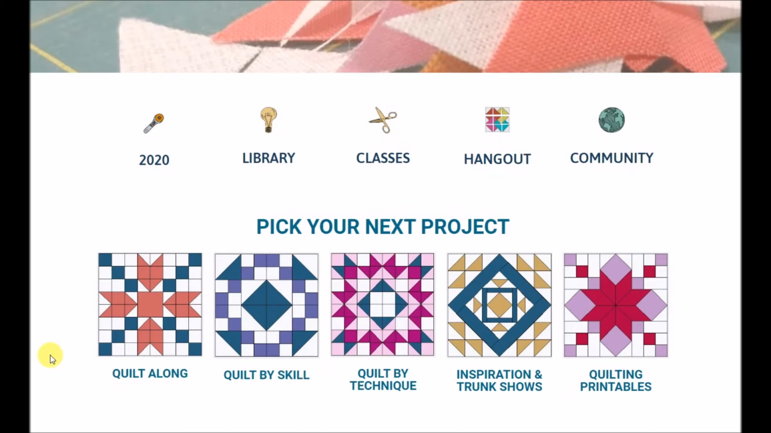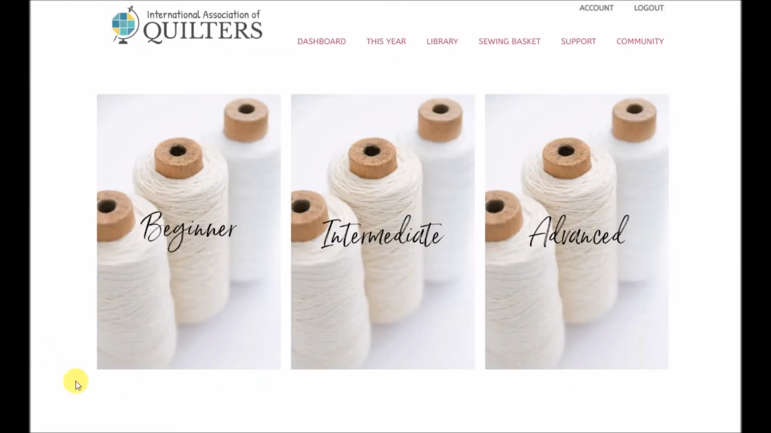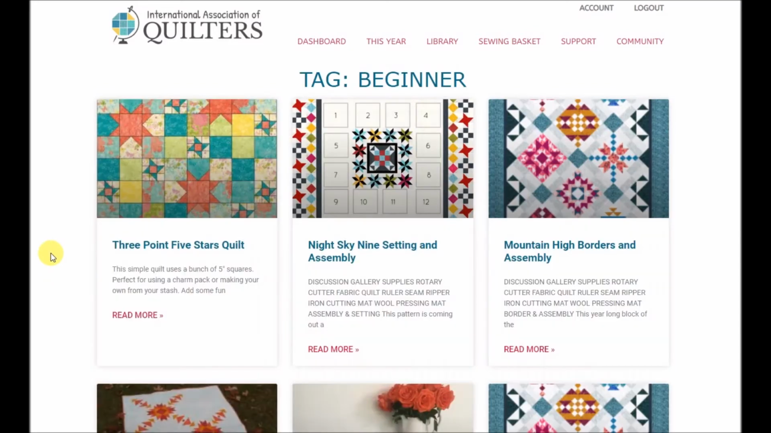If I click on the quilt by skill, it shows me I can look at projects based on beginner, intermediate, or advanced. Going to the beginner, this will show me the collection of articles based on beginning quilting. Back to the library,